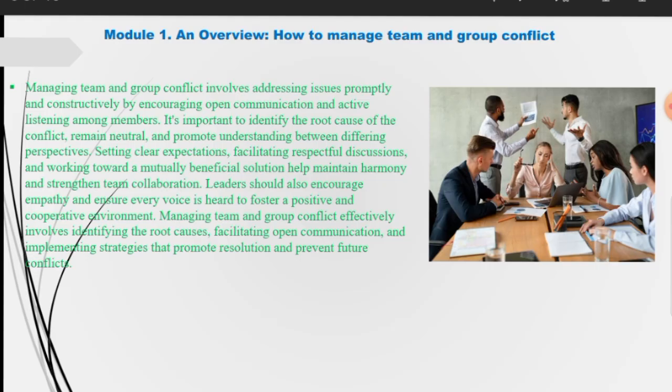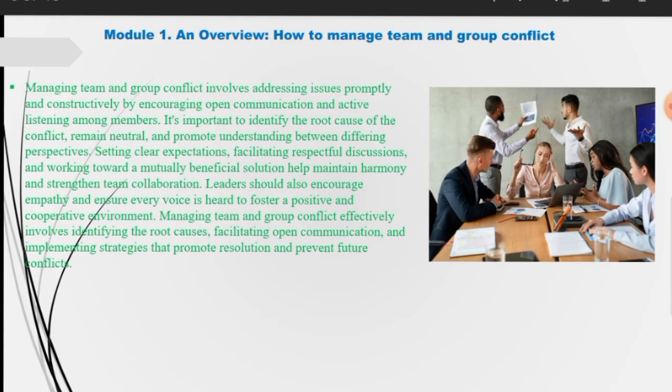Leaders and team members should recognize tension before it escalates. Open and honest communication is critical. All parties should be encouraged to express their views in a respectful and non-judgmental setting. Active listening and empathy help build understanding and reduce misunderstandings. It's important to focus on the issue, not on the person, but to work collaboratively towards mutually